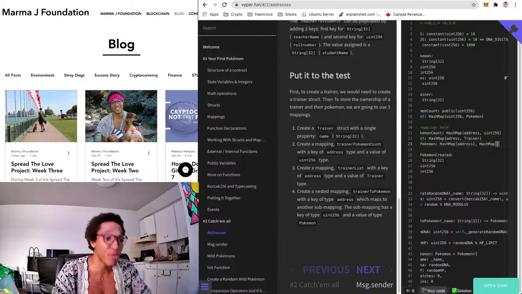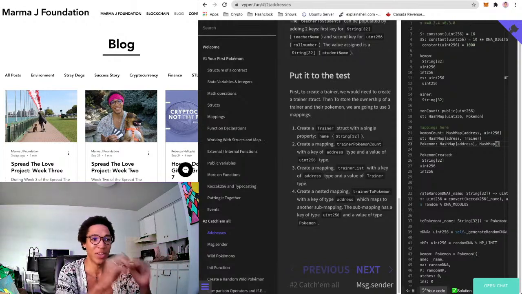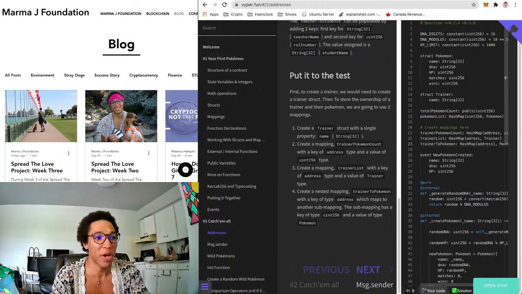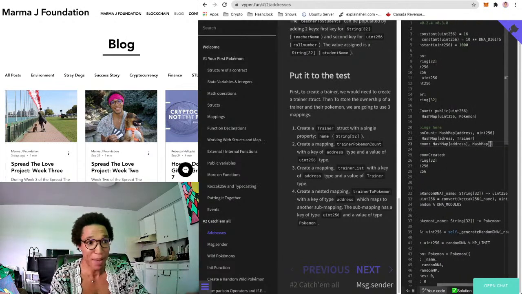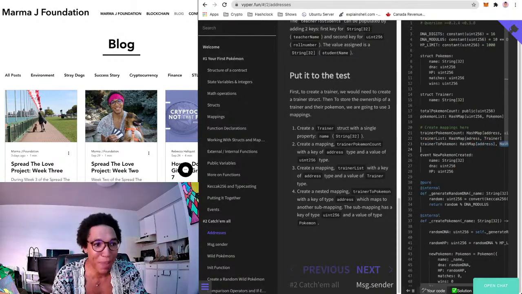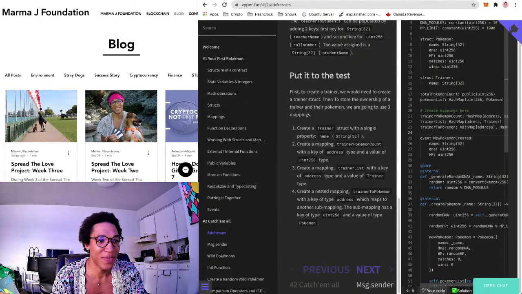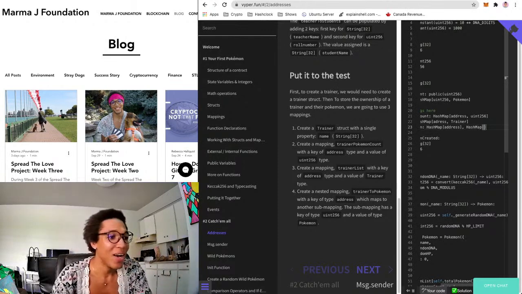Which maps to another submapping, and that's where you have the full mapping out. So the first mapping is how you key in the first piece of information. So now you can put in an address here. So trainer to Pokemon is going to be a hash map. You're going to be mapping an address to a mapping. Sorry, I need to figure out how to get my screen to be bigger. But anyways, to a mapping of,